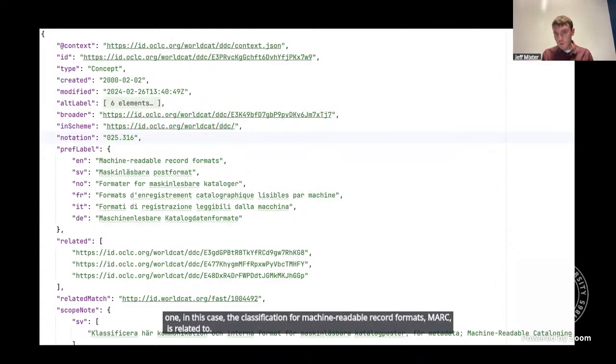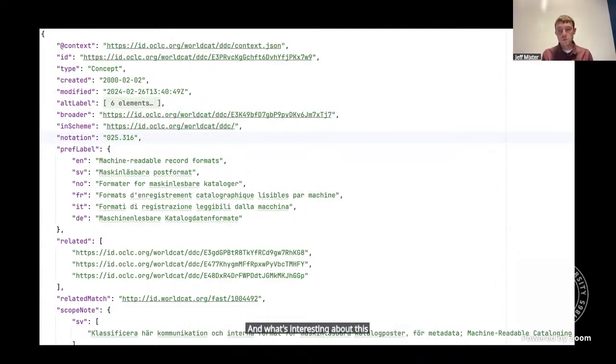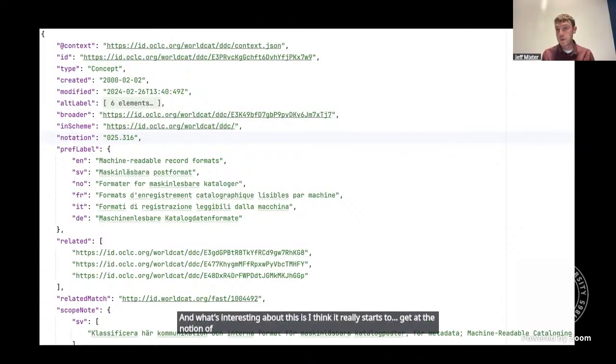And what's interesting about this is I think it really starts to get at the notion of serendipitous discovery that I think people have, like, what does that mean? It's of interest. How do we implement that? What's the value for it? Is it even real?